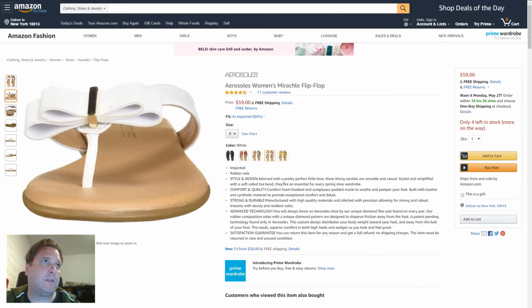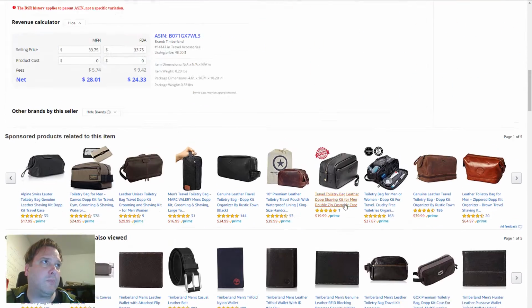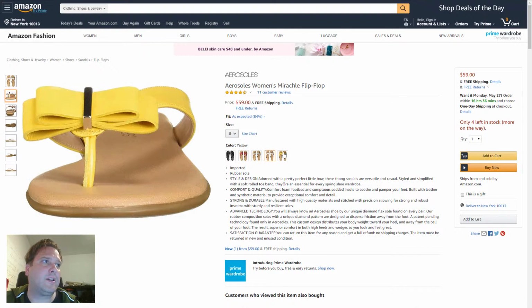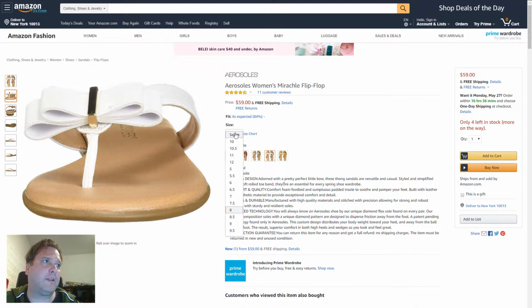However, this item, so let me scroll back to the other high BSR product. This item only has 5 variations. One size, 5 colors. This one, however, has 5 color variations, and let me check, 2, 4, 6, 8, 10, 12, 14. 14 size variations, so that's 70 variations in total, right? Yeah, that's correct. 70. Now if you divide 324 by 70, you have about 4 or 5 sales each month